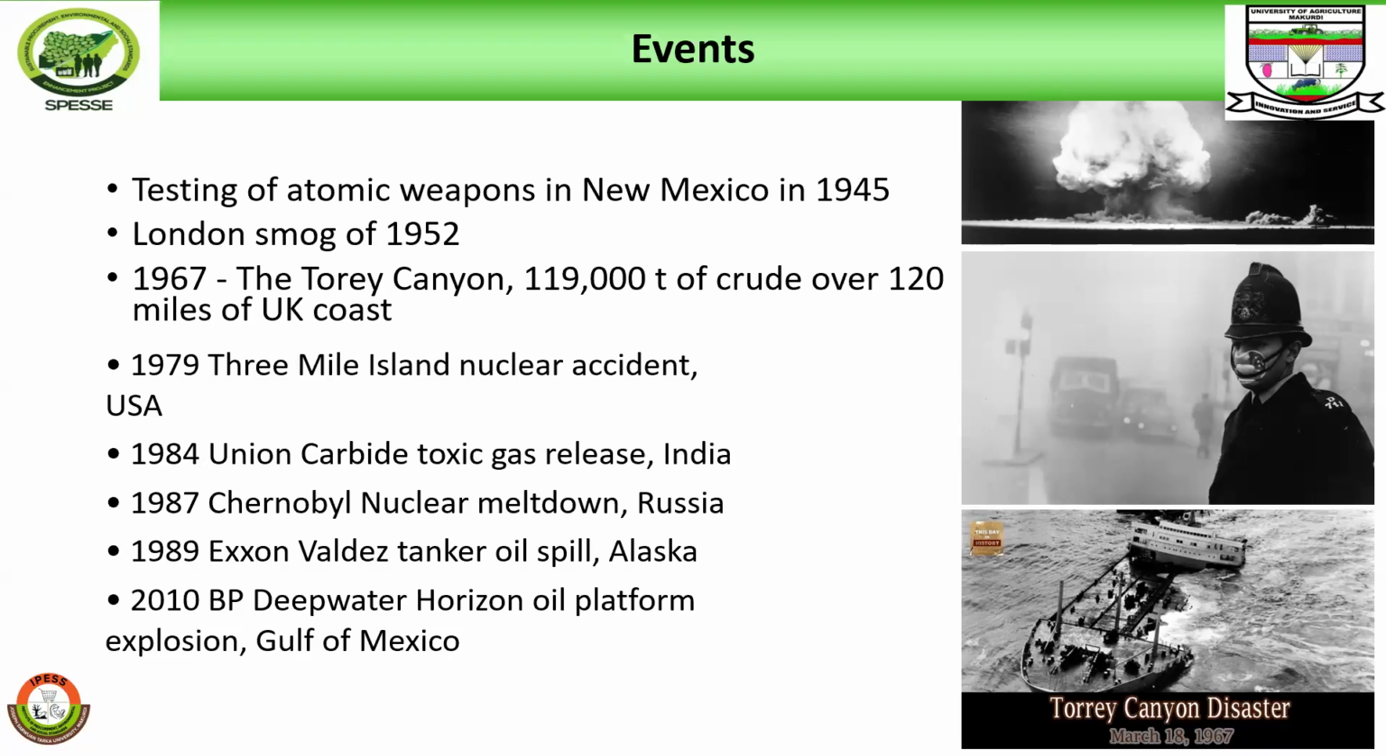You can see 119,000 tonnes of crude was spread over the UK coast in 1967. And you can imagine what effects it will have. A similar example would be what happened in Ogoniland and most of the Niger Delta. These sort of effects are things that make a country decide to say, okay, let's take this a lot more seriously, but